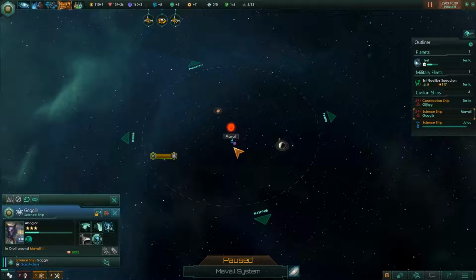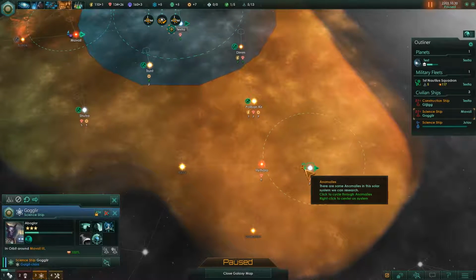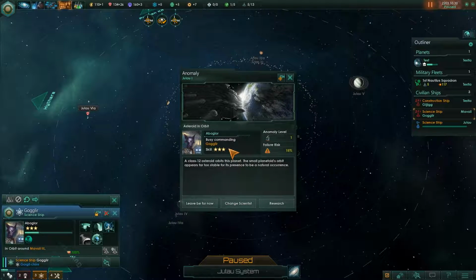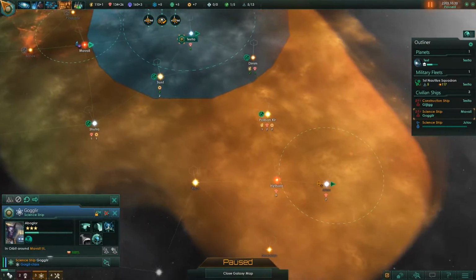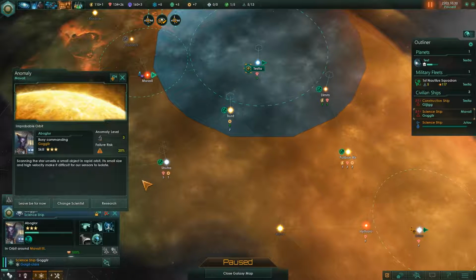So do we go after the anomaly in this system, or do we go after the anomaly in the other system? Because the other anomaly is an easier anomaly. So if we go back out here, this anomaly here is only a 1 difficulty. So if we select this, this is a 15% risk. Whereas if we go over to the system they're already in, we've got a 20% risk. I know that's not a big difference,